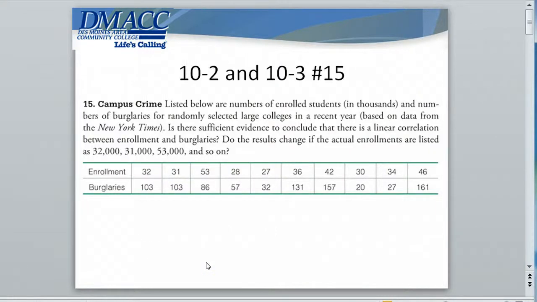Hello. In this video, I'd like to demonstrate how to use Excel and your graphing calculators to do correlation and